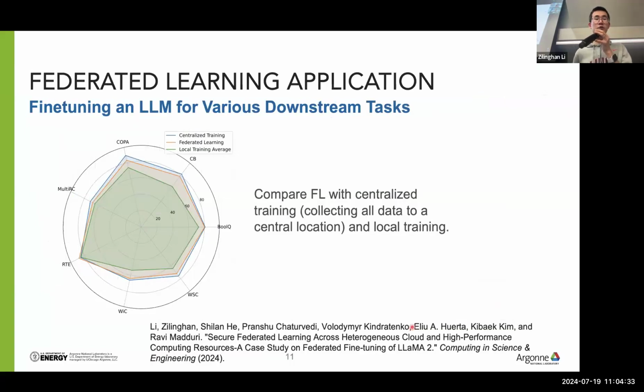We also have some use case to fine-tune a large language model for various downstream tasks. And we compare federated learning with centralized training, which means we collect all the data to a central location, and local training, which means we only train the model using the local data. The green lines are the accuracy of local training, orange lines are federated learning, and the blue line are centralized